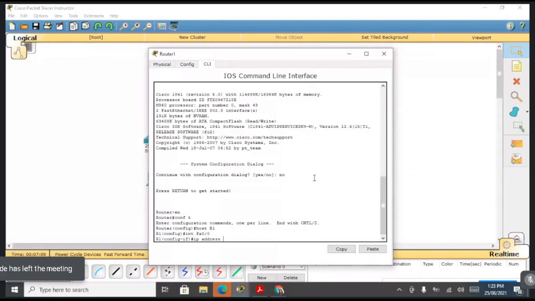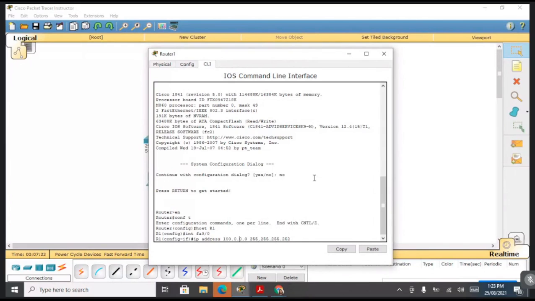So there is a 100 wala, 100.0.0.2, sorry, .2, and 255.255.255.252 is a subnet mask.